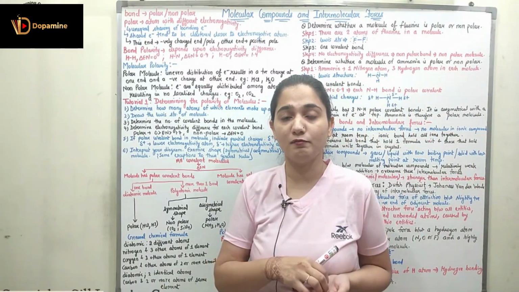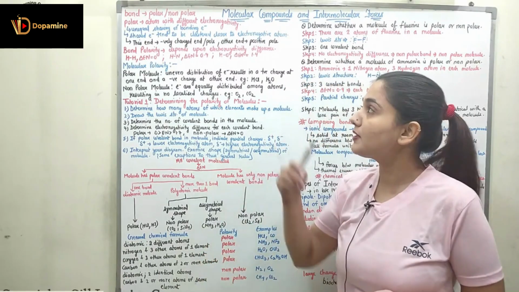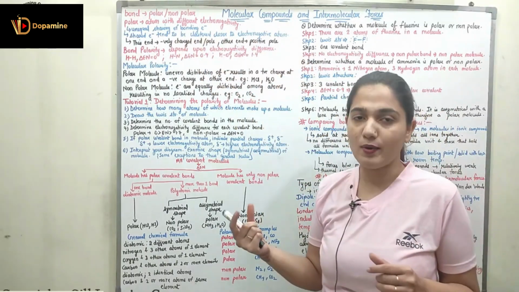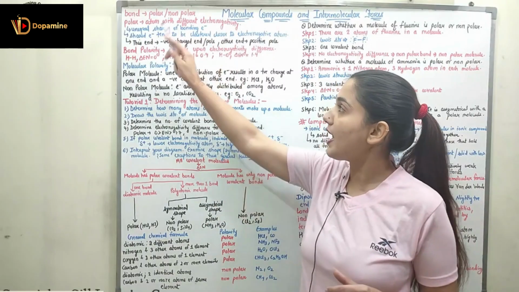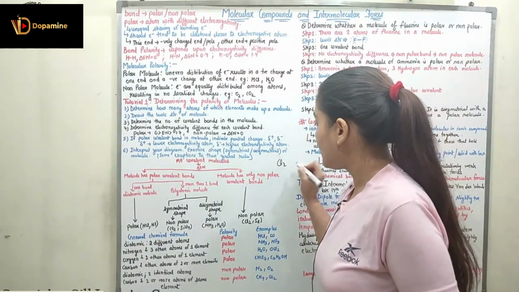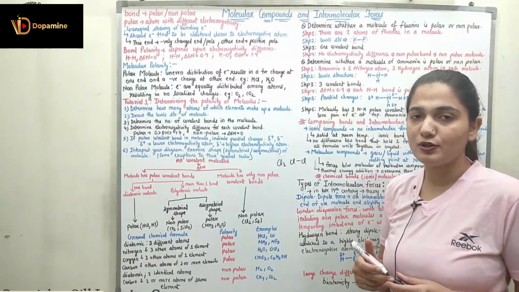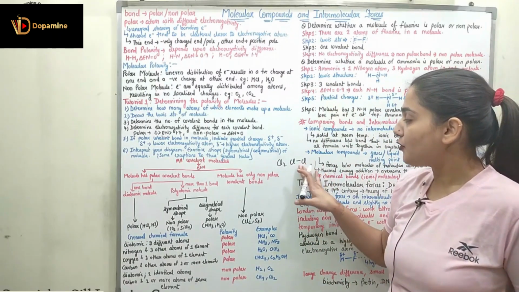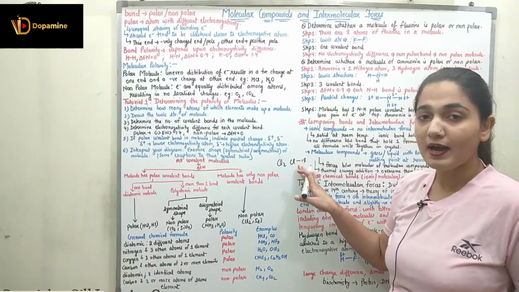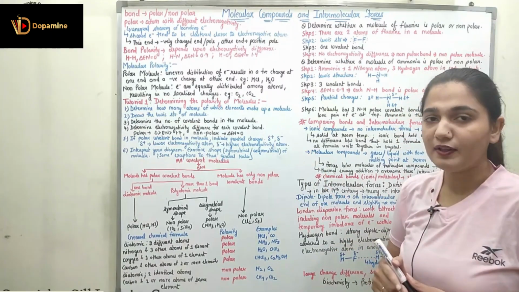We have two types of bond, which is the ionic bond and the covalent bond. The covalent bond is further divided into two types, the polar covalent bond and the non-polar covalent bond. Now if I focus upon the polar covalent bond, we have the atoms with different electronegativity. So if I have a diatomic molecule like Cl2, we have two chlorine atoms, and both of them will have the same electronegativity, and thus neither atom is more electronegative, and this type of molecule is my non-polar covalent bond molecule, right? So here we will have the non-polar covalent bond.